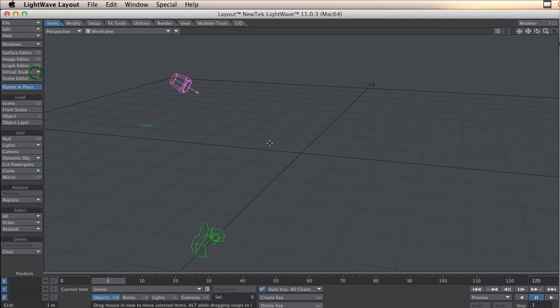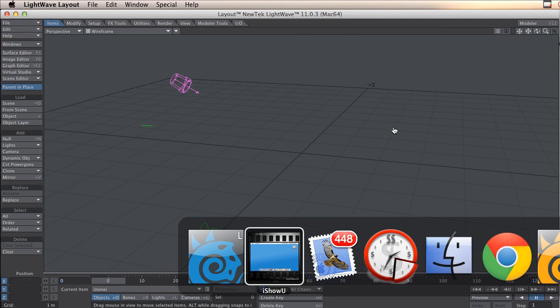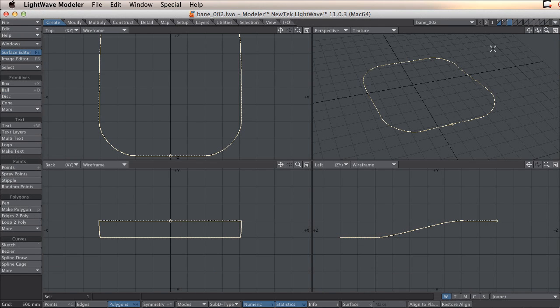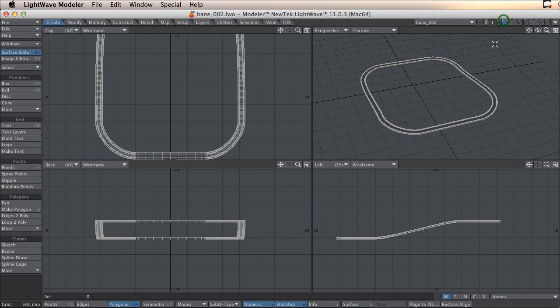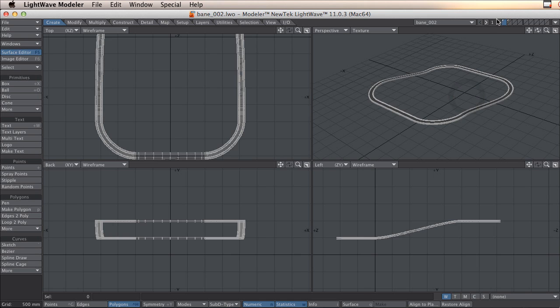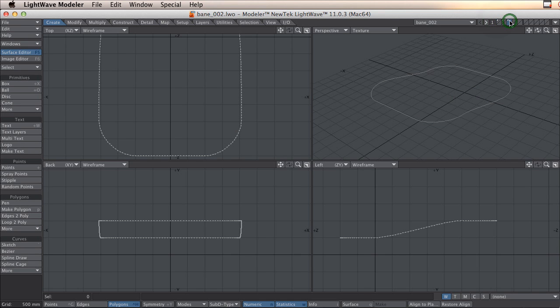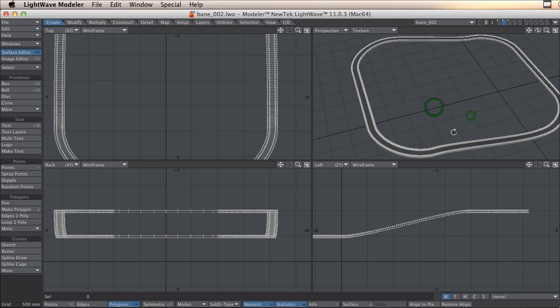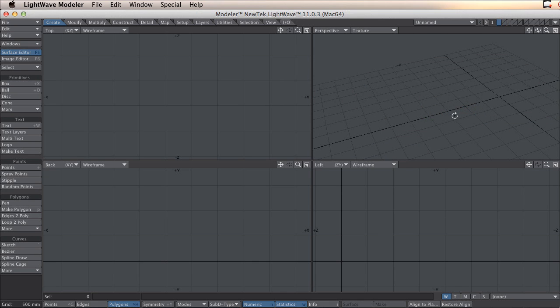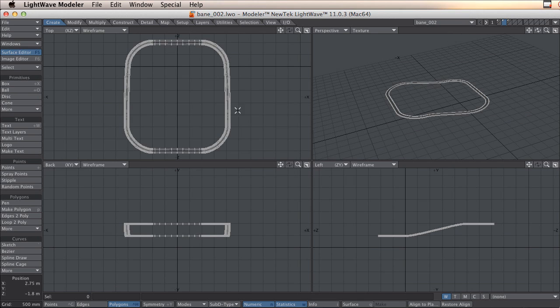I'll clean up the scene and go to Modeler, and this is what we are going to make: two paths that nearly look the same, and the road. So yeah, I can go back so we have the same